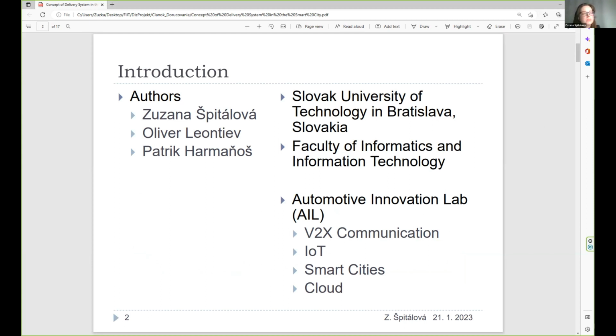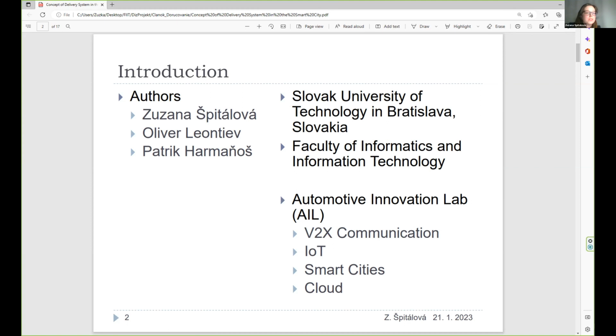At our faculty, we have some research groups, and every one of us belongs to the Automotive Innovation Lab group, which is dealing with topics like vehicle to everything communication, cloud, smart city, or IoT topics.